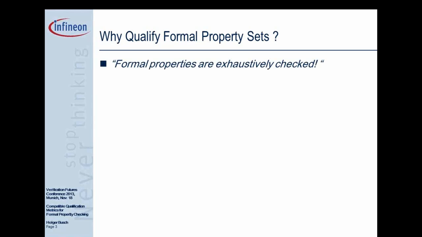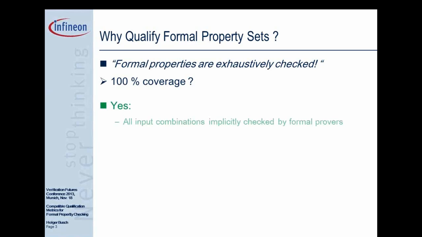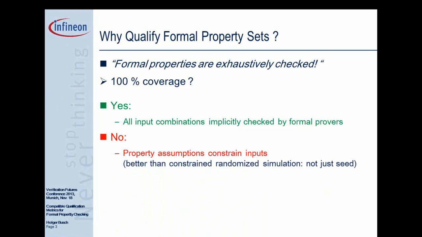But meanwhile, it's better known that, of course, you can be incomplete in formal property checking as well, only at a different level. So you can say in a certain respect it's correct. If you check a single formal property, then all combinations are really checked internally by mathematical methods. But you can also say no, it's not 100% coverage if you consider the complete design under test, because your